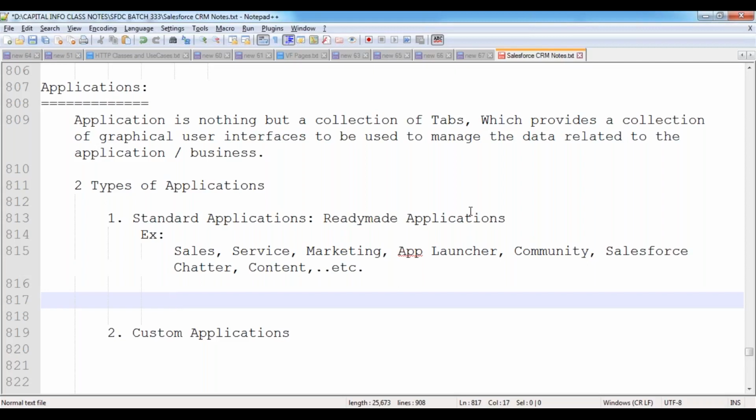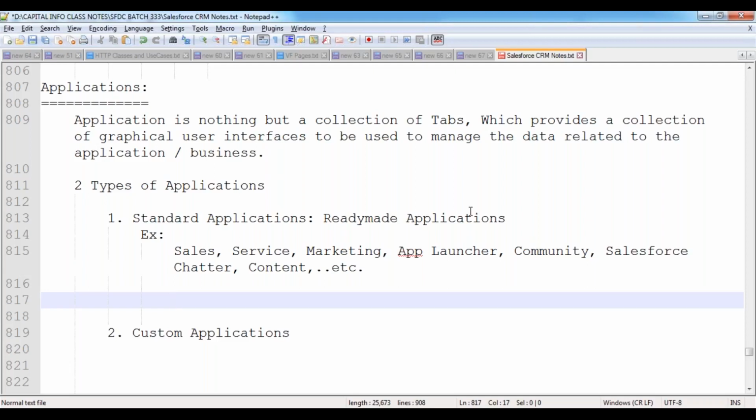Now we can raise the question, sir, for example, I don't want the service application. Can I remove it? No. The standard applications given by Salesforce we can customize, but we can't remove. Standard applications are not removable. Only customizable. Suppose you don't want it, you can just hide it. There is an option to hide it. That means it will not be visible to you at all.